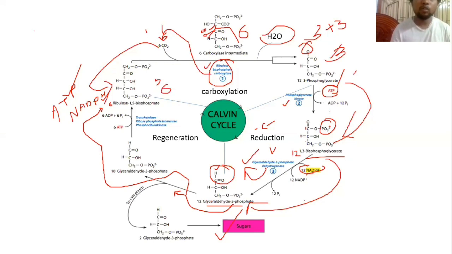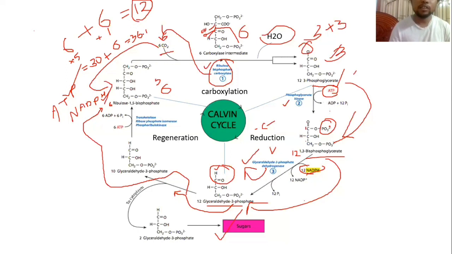Now this 1,3-bisphosphoglycerate will be converted into glyceraldehyde 3-phosphate, and NADPH will be added here. NADPH will provide energy. This hydrogen will be added to bisphosphoglycerate and will produce glyceraldehyde 3-phosphate. This is our aldehyde group here, and the enzyme is glyceraldehyde 3-phosphate dehydrogenase. Dehydrogenase means adding of hydrogen. So glyceraldehyde 3-phosphate has been produced. So this is reduction. Reduction means adding of hydrogen atom. See, the hydrogen atom has been added. Adding of protons or electrons. This is the reduction process.